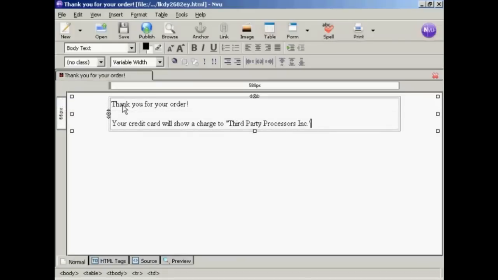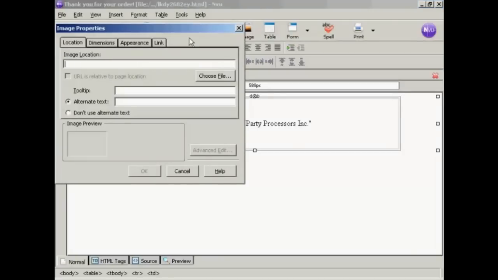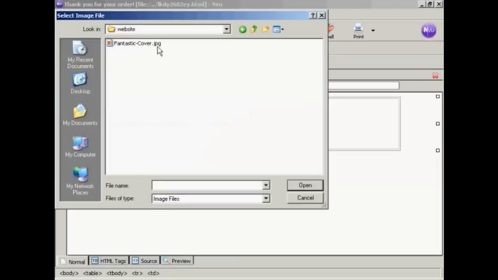Next thing obviously is you want people to know what it is that they've bought, so I find the best way of doing that is to have a picture of what it is that they've just bought. So let's enter a graphic in here now. So click here where it says image, and then we want to choose the file that we're going to import. And you can see it's an ebook that I'm going to sell here, and I've got the cover graphic here which says fantasticcover.jpg. So click on that and then click on open,